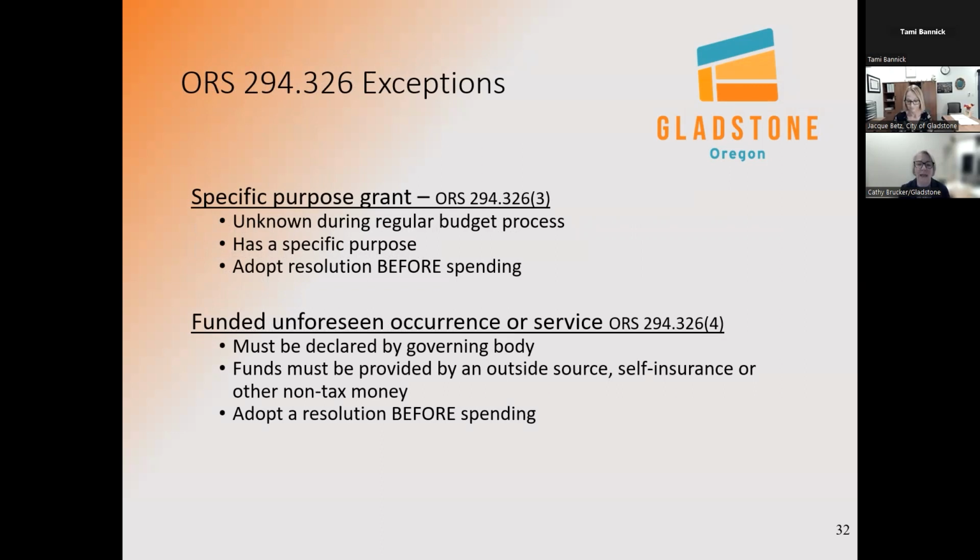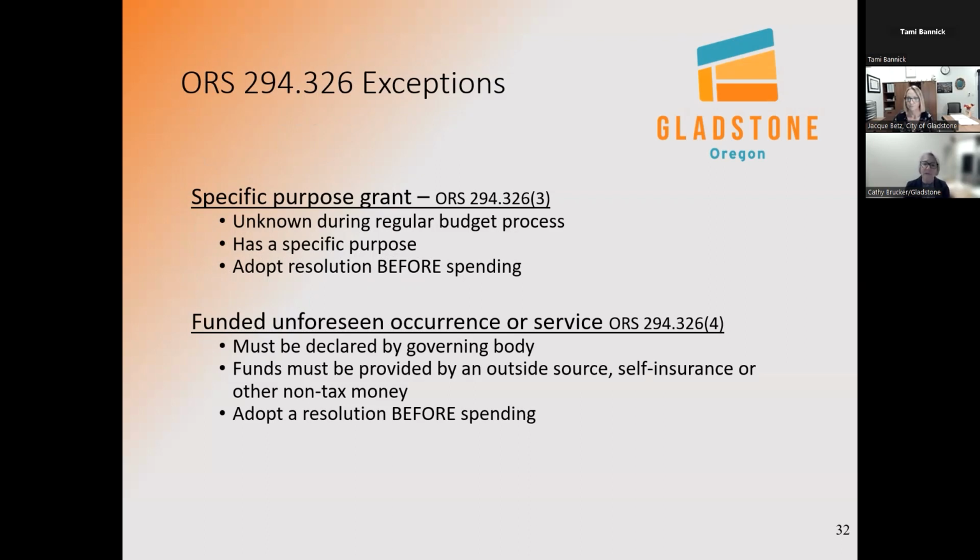specific purpose grant. These are exceptions. These are actually budget exceptions. They are authorized by the council, but they do not need to go through the same level of scrutiny that supplemental budgets need. A specific purpose grant. So if we get grant fundings that we were not aware of at the time the budget was formulated, we're able to bring those in and actually appropriate to use the monies.